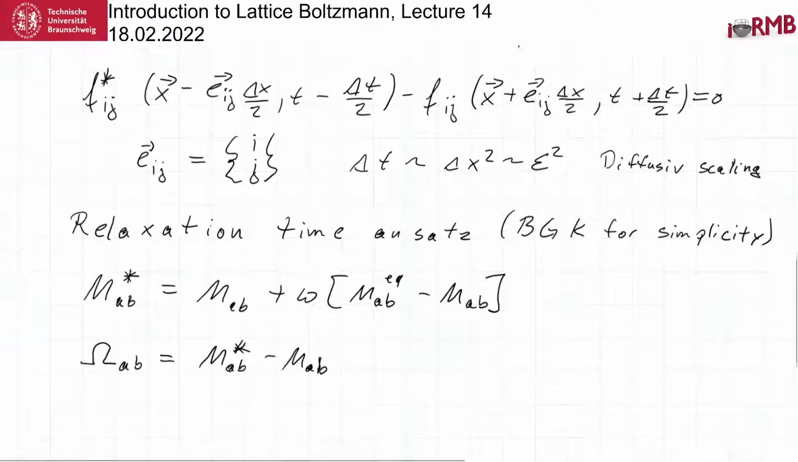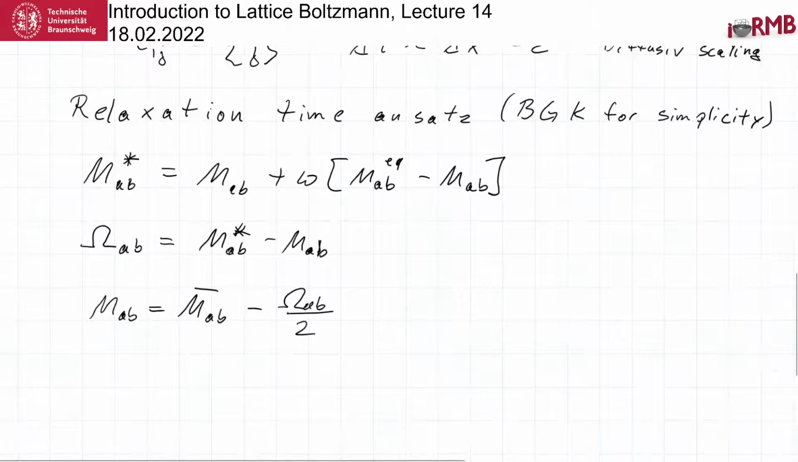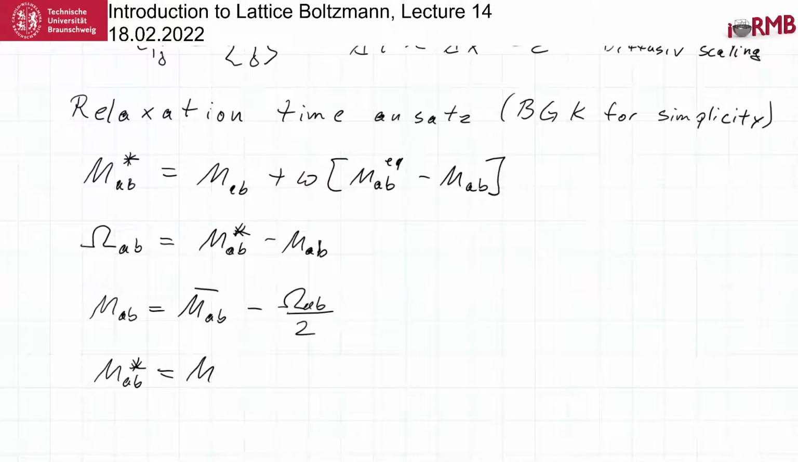So it's more or less the collision operator, if you like. And this now means that we have M_AB, which we write as M_AB with the bar. This is the state in between the pre and the post collision. So I have to subtract half of the collision operator from this state in between to get the pre-collision state, and we have to add half the collision operator